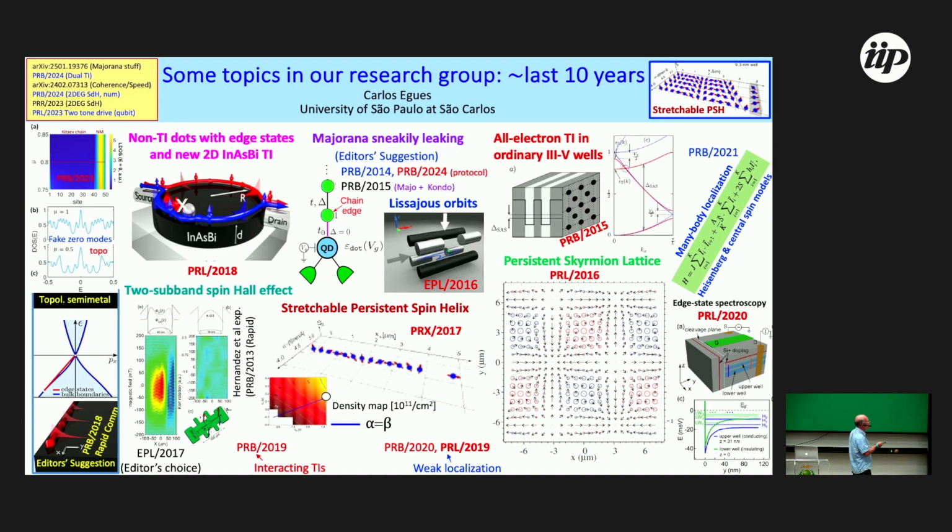There's also this. Since we've heard a lot about skyrmions in this workshop, I'm allowing myself to show this, which is related work also to this persistent spin helix. It's actually two persistent spin helices orthogonal. So we have a quantum well with two subbands. In the first subband, we manage to have alpha equals beta. In the second subband, we do alpha equals minus beta, and we show in this paper that it's possible